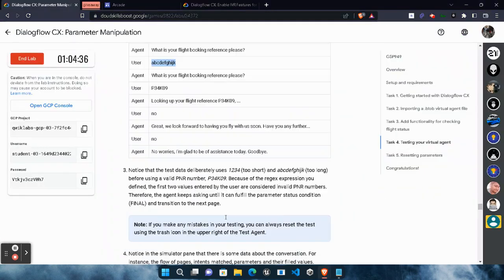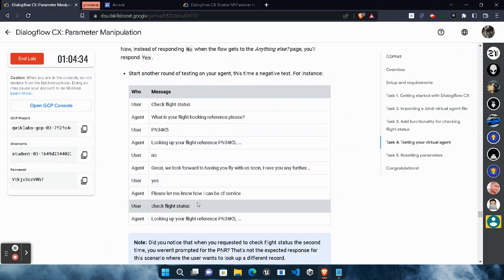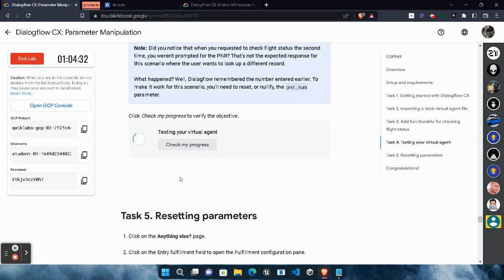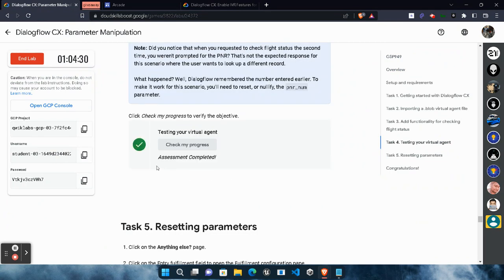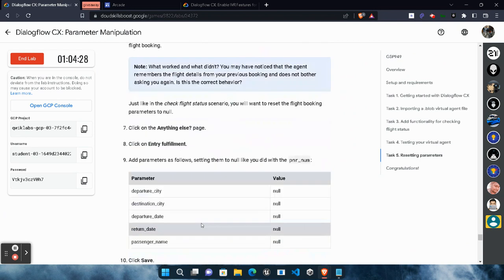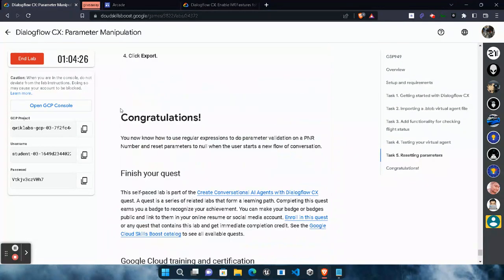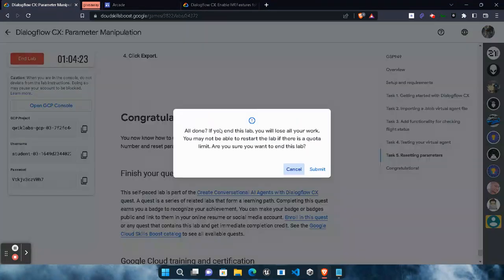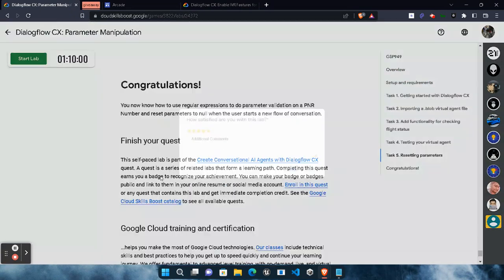Now come back to here, scroll down, click on check my progress, and you will get a green tick in this task also. Wait for it. You can see the assessment is completed, and with this our lab is also completed. Congratulations, we don't need to do any other thing. Simply click on the end lab button, click on the submit button, give the star rating that you want to give,